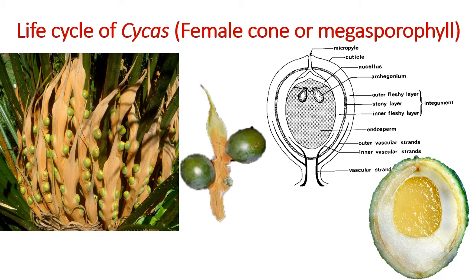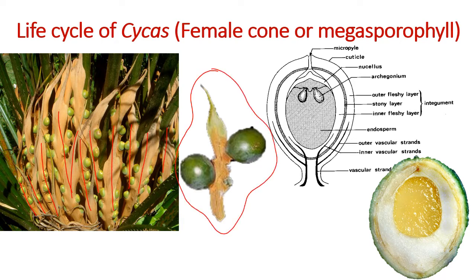The female cone is present at the apical crown of the leaves of the female plant. As you have seen, the male cone of Cycas on the male plant is terminal, and is either 1, 2 or 3 in number. But here, numerous female cones are there. The female cone is synonymously called a megasporophyll, which you can see as this entire structure. This typical megasporophyll bears ovules. Numerous green structures are visible, and an individual one is shown here.